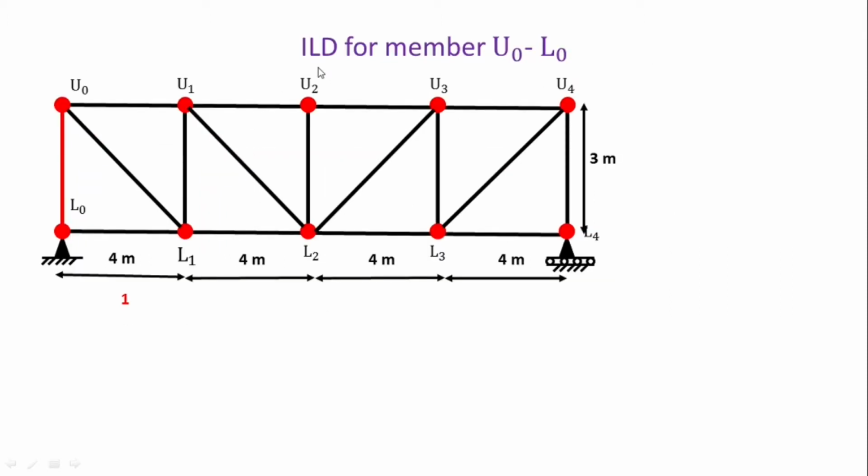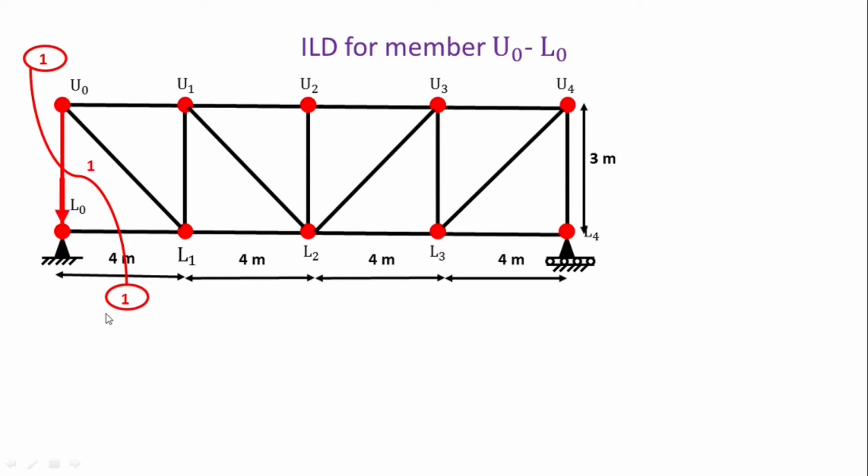Now first is the ILD for member U0 L0. For that we have to take a section and cut this member U0 L0, and this section should be such that it should not cut more than 3 members. So here this section cuts only 2 members, U0 L0 and L0 L1,